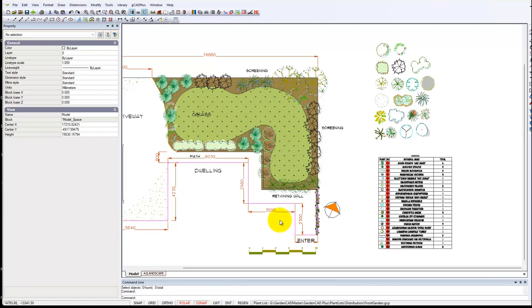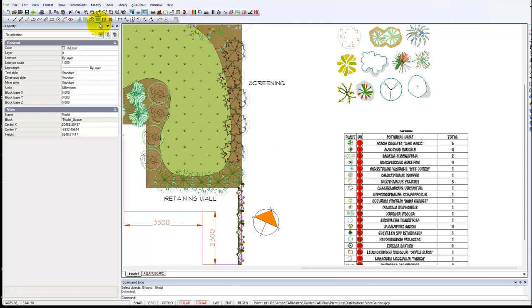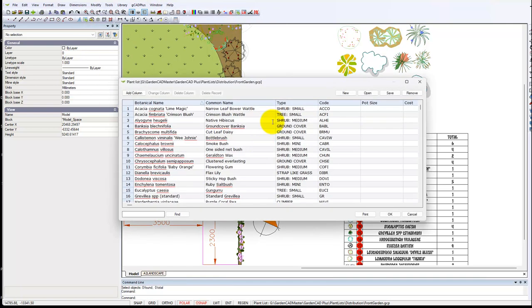The team at Stately Paving Landscape Design in Melbourne produced this simple design for a front garden upgrade. As part of the design, they produced a plant schedule. They have attached a plant list, which is this one here,